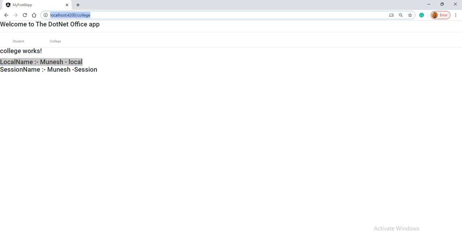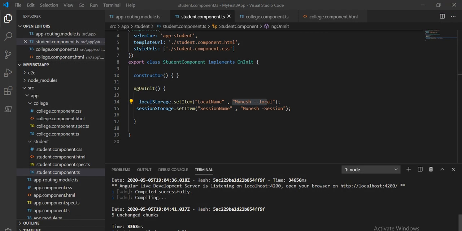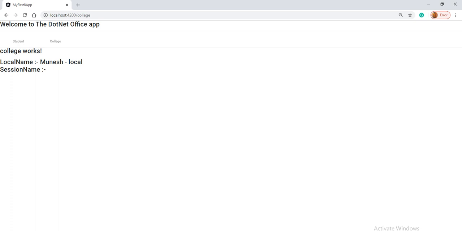So I will just copy this URL and close this browser, and when I come back to the browser, we will see that for local storage the data will be there, but we will not be able to see the data for the session storage. We deleted that and we are not able to see the data. Once I go to the student page and come back, we can see the data. That is the thing about local storage and session storage.